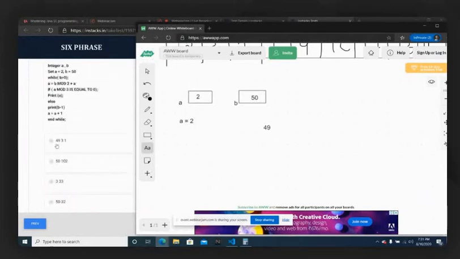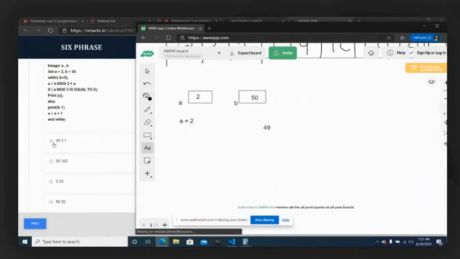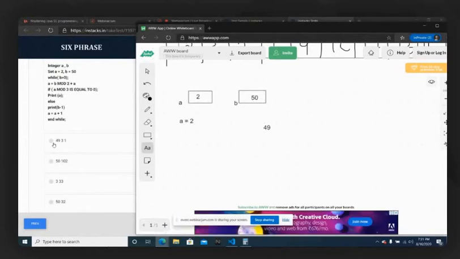See, when predicting the output of pseudocode, it is not like you execute the entire logic and find the answer. No, it's just a smartness that you have. When you find that the first element printed will be 49, then there is no need of thinking anything more. Directly you can say that only one option has 49 printed first. So you can directly go with 49. So 3 1 is going to be the right answer, because first we found that the first number to be printed is 49.